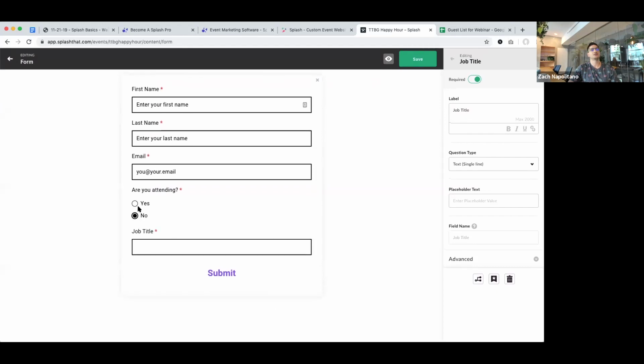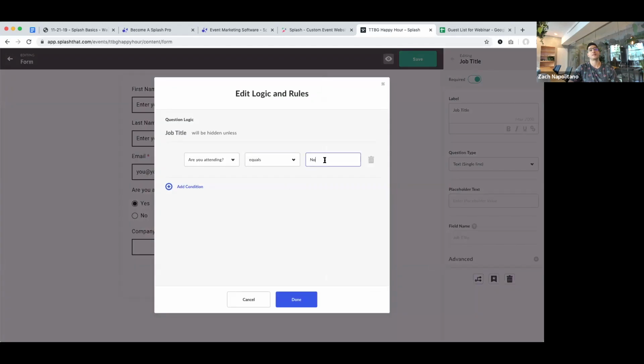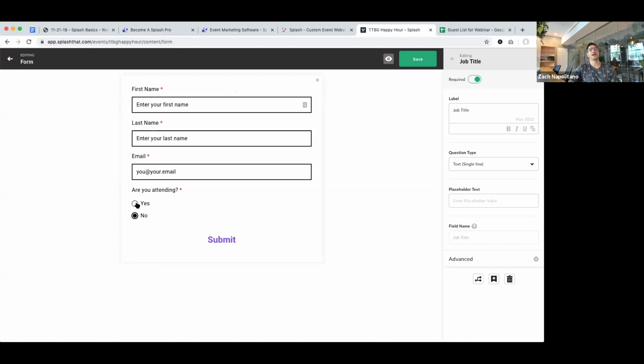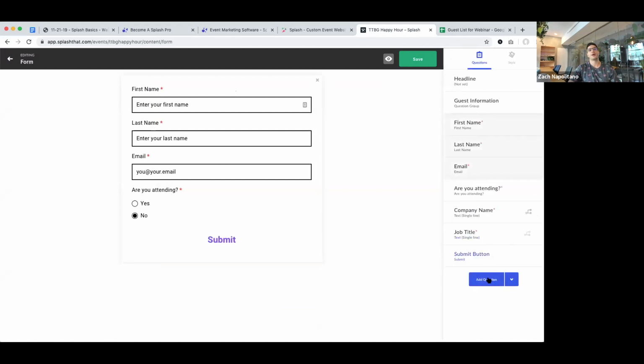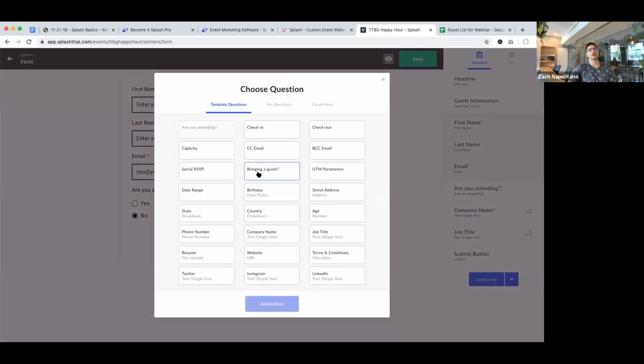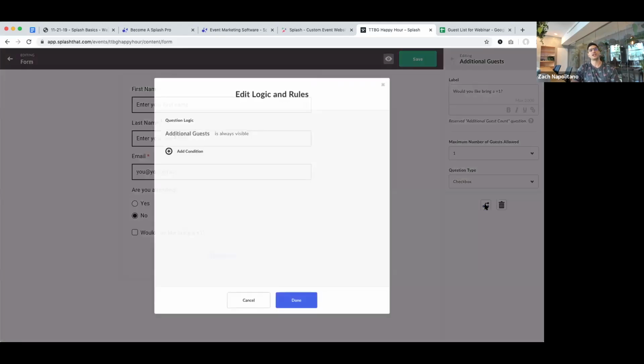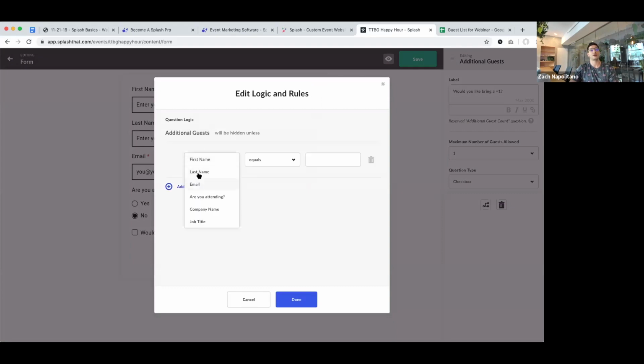If they say no, and I realized, let me update my logic. That should be for yes. There we go. Cool. So yes, we get those both. No, we don't. Now the other option we're going to do, we mentioned we're collecting plus ones. All guests get at least 1 +1. So we'll add a bring a guest option. Update the language: would you like to bring a +1? And again, we're going to tie this to conditional logic. This is only going to show up if the person is coming, right?